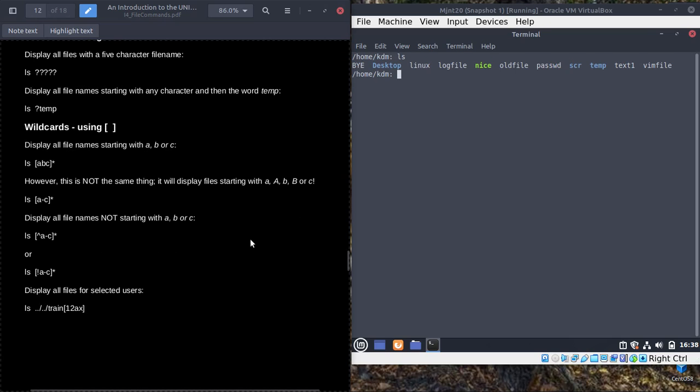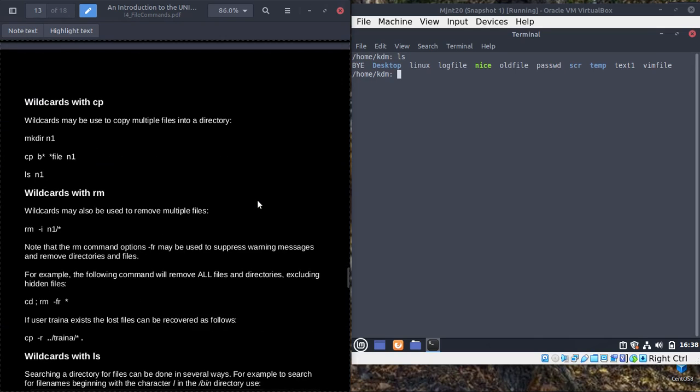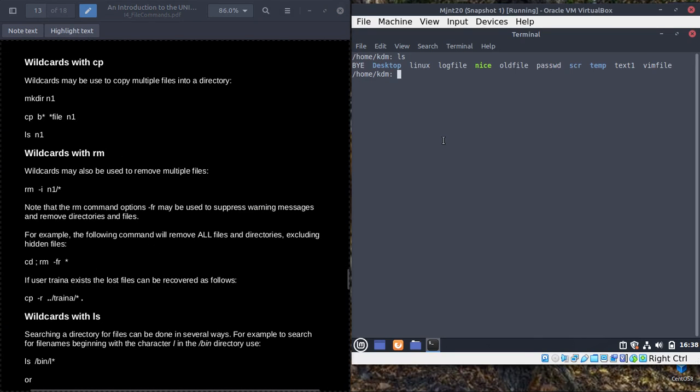After we did this one, question mark and square brackets, we should have done this page using wildcards with copy, RM and LS. So I'll just go over this bit and another page that was missing, and then we'll do the workshop. So suppose I make a new directory called N1,